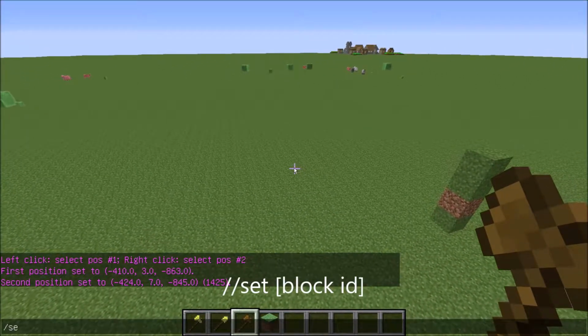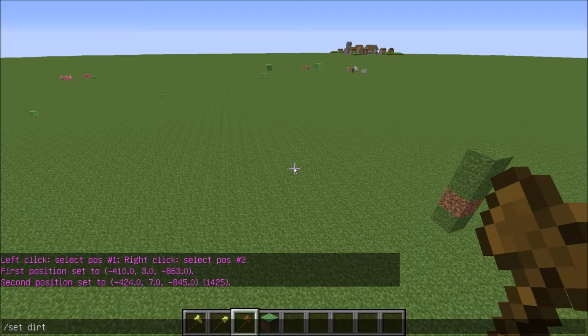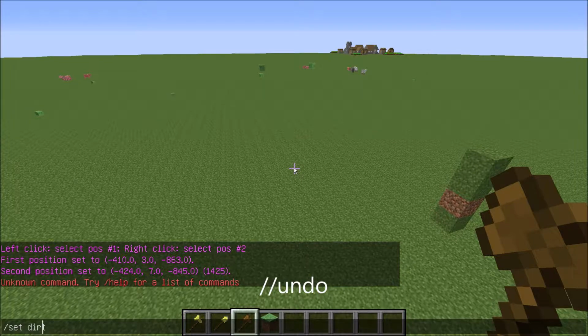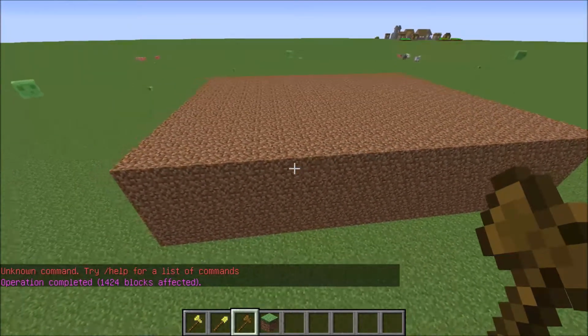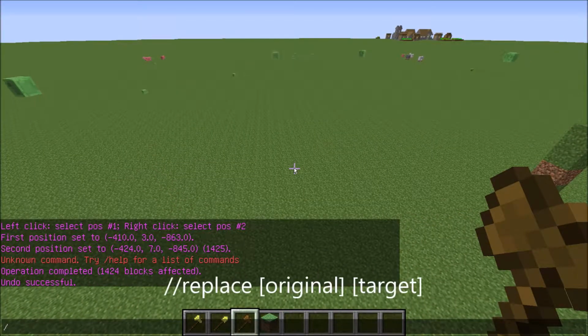I can do /set dirt. What? Oh, my bad. /set dirt. And then /undo to undo everything. Or I can do